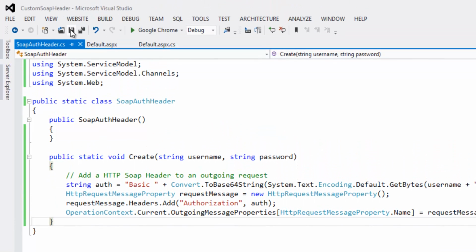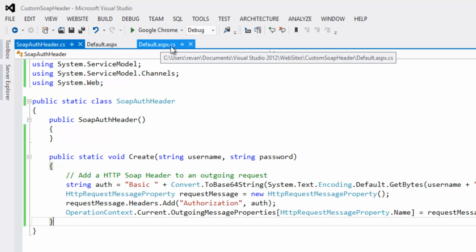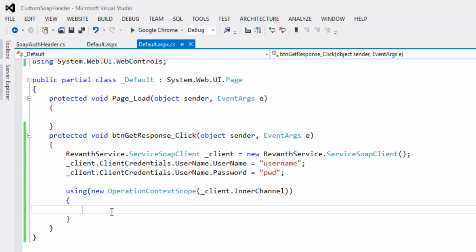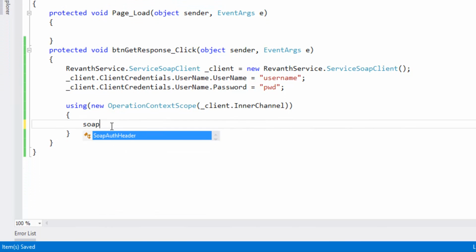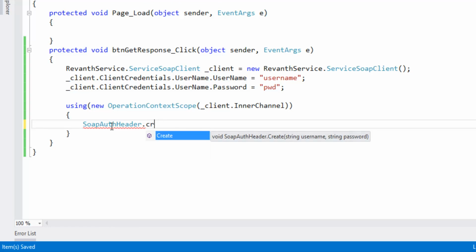Let's save the project. Let's flip to default.aspx and let's call that create method, SOAP authentication header dot create.